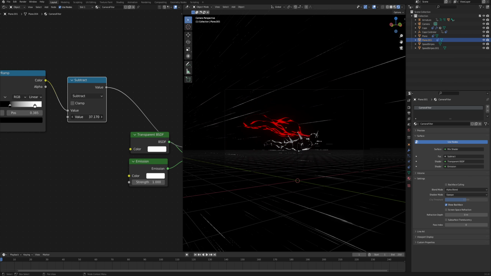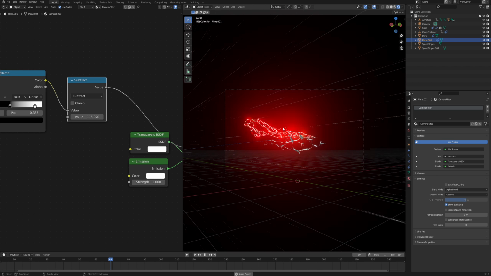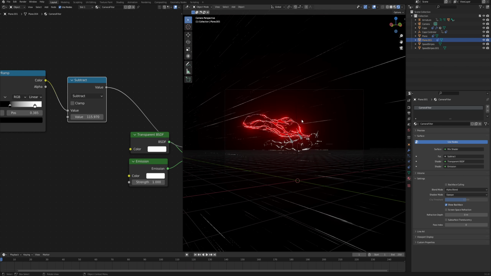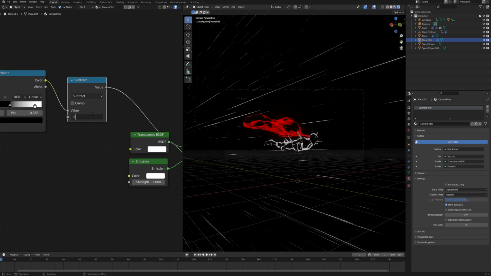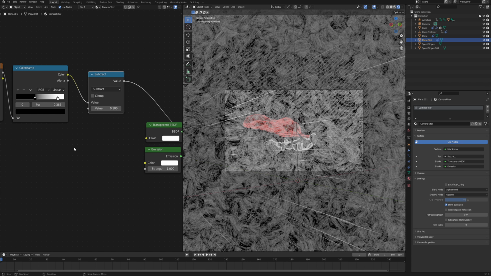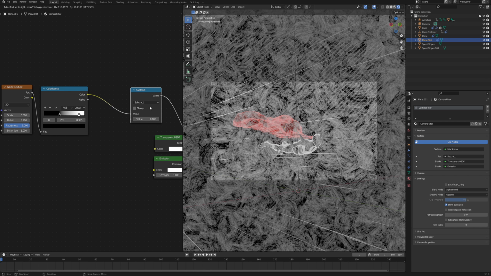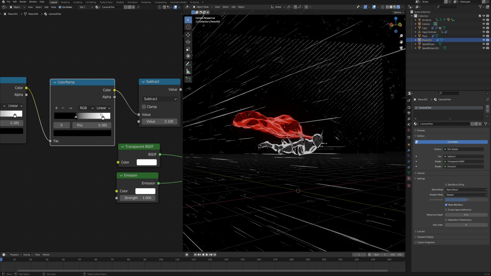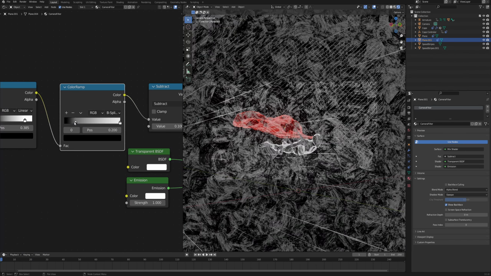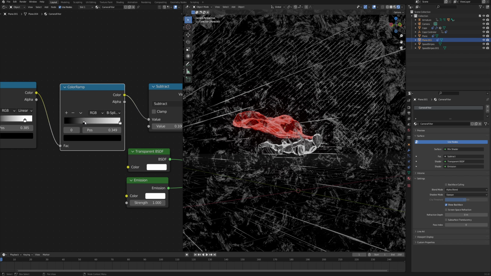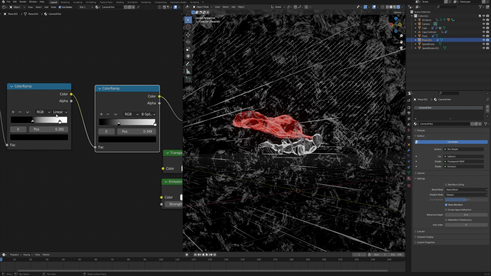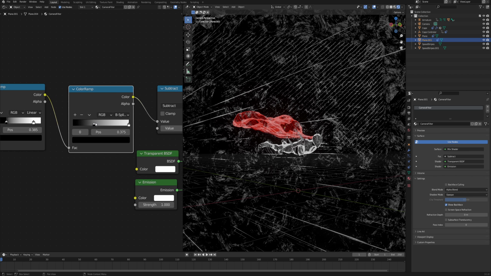And then as you go too high with the value, you get some really weird result, with even emission being emitted from some regions of the cape. So I will keep this subtract at 0.1 for now. And first I want to refine my filter, and then we can see what we can do with it. Also for further control, we can get another color ramp right after the first one and then change it from linear to B-spline. And that is just a much softer gradient that we are achieving with the B-spline compared to the linear gradient. So we can just play with this a little bit.